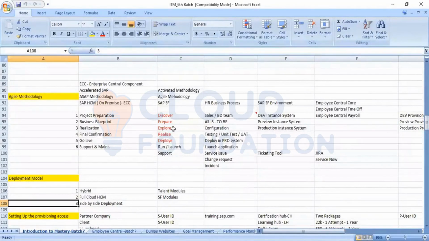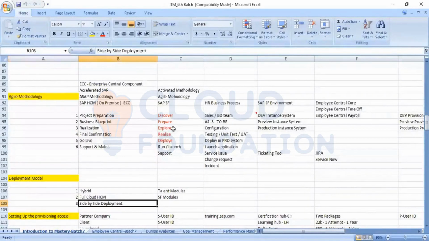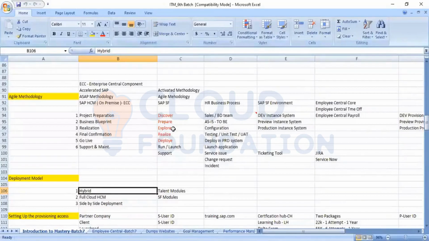In that case, they're keeping two systems: one is the legacy system, that is Oracle, and another is the SuccessFactors system. That type of model which a company is following is called a hybrid model. If your customer has an existing system, like SAP HR or some other, and also the cloud, that is SuccessFactors, then that type of system is called a hybrid model.